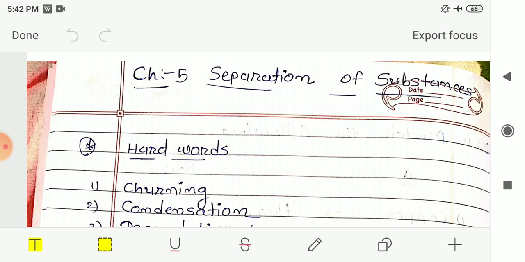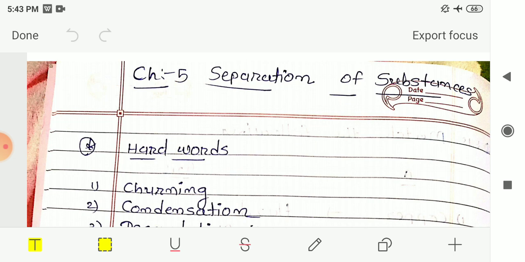Then after we had seen filtration. In that we had seen that if a mixture has particles of different size, then this difference of the size of the particles we can use to separate them by the process of sieving and filtration. And filtration can also be used to separate components of a mixture of an insoluble solid in a liquid. And sieving we are using when these two components are in solid state.